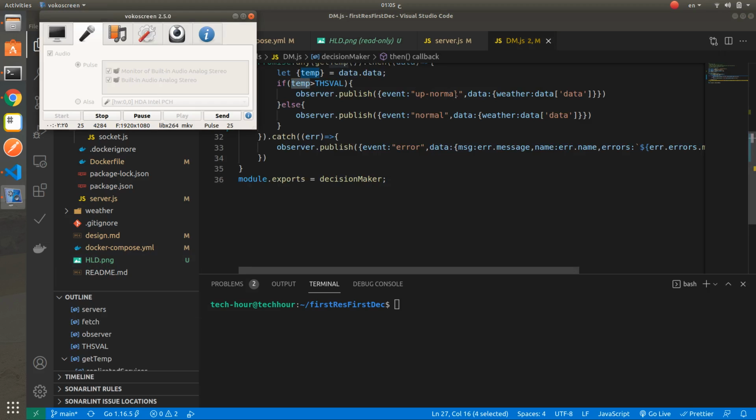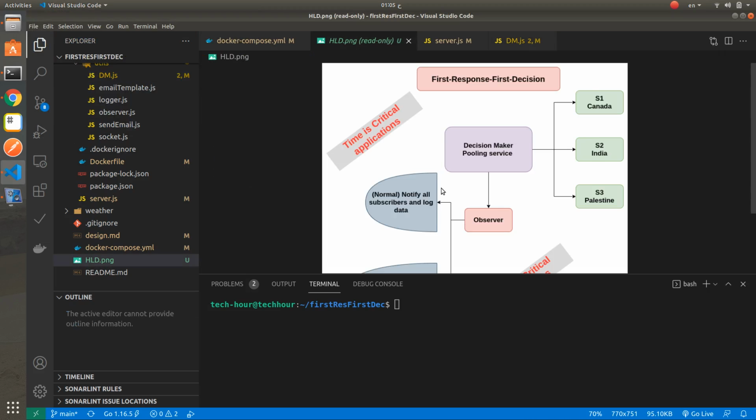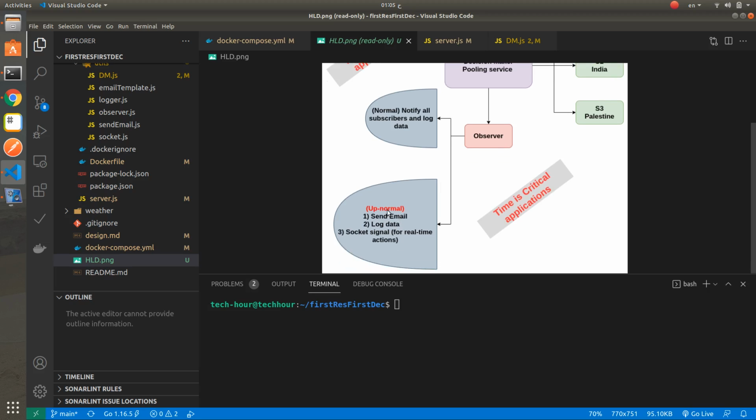In the abnormal case, we will send an email, and this data will be logged in a file, and there is also a socket signal which is used for real-time action.